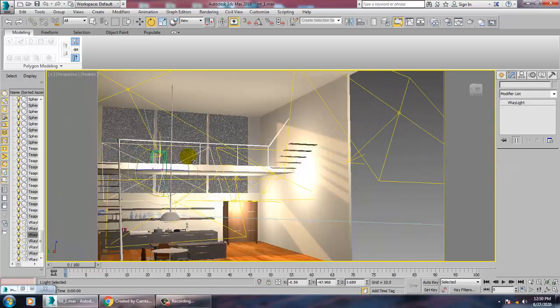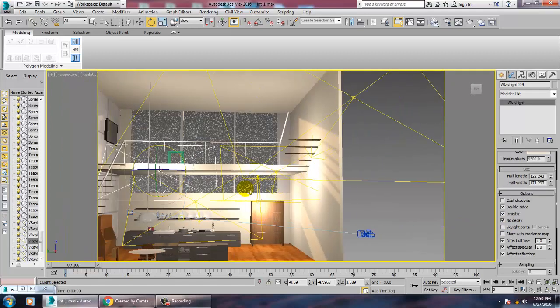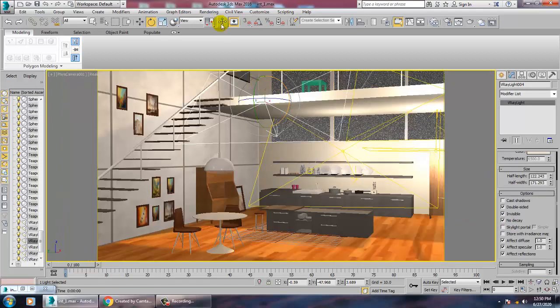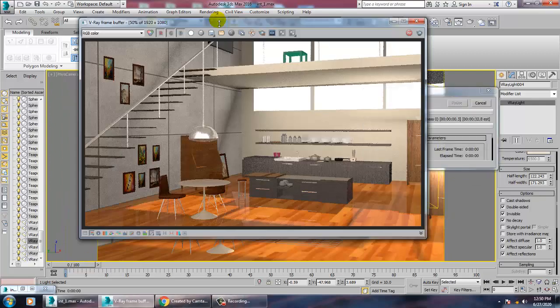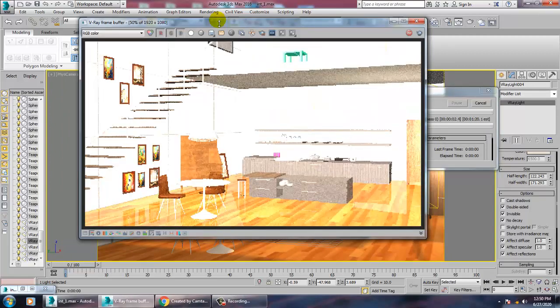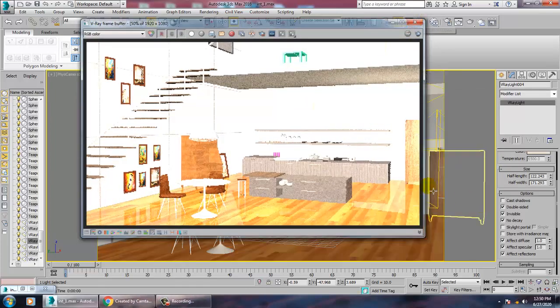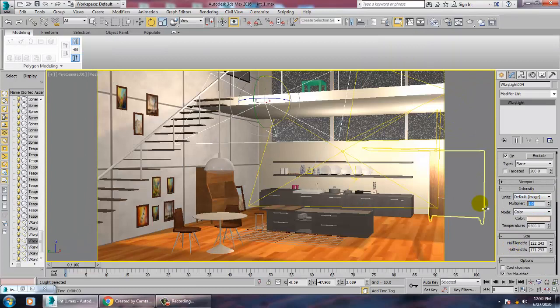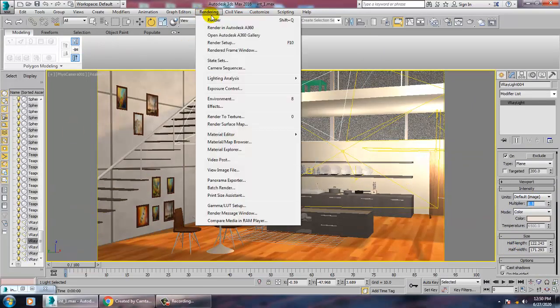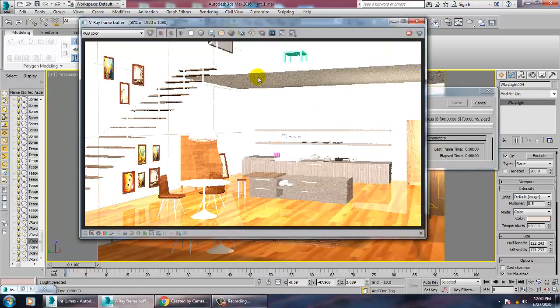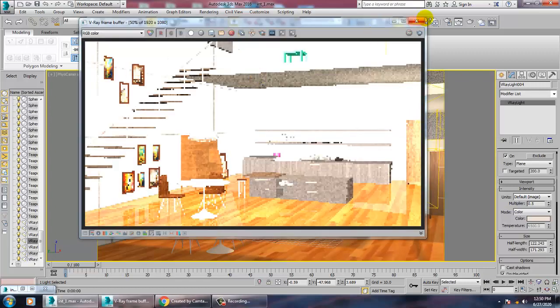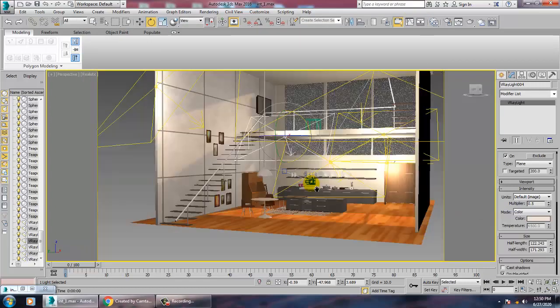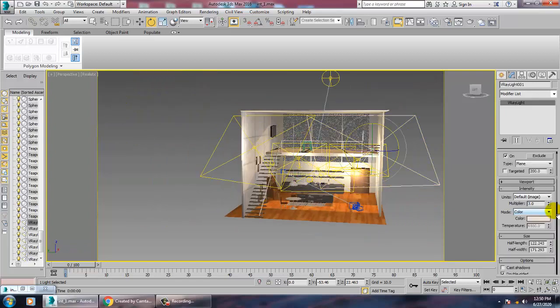Select this light and no decay. Let's go back and render and see how it looks. Oops, it's very high. We need to reduce its multiplier. Still we need to work on its multiplier.